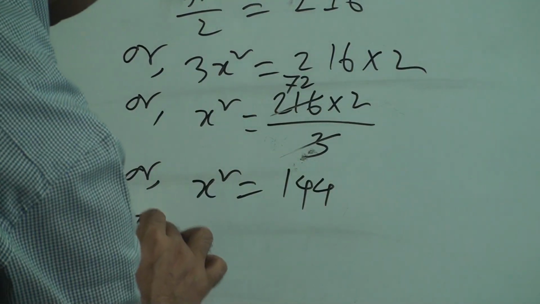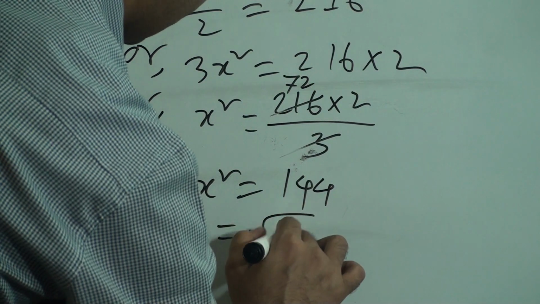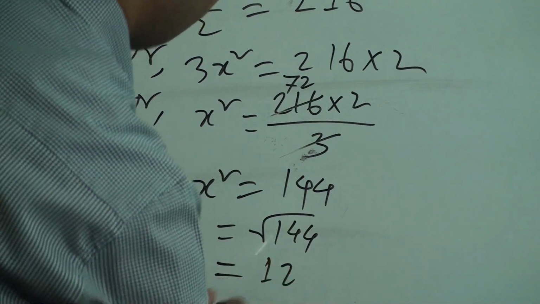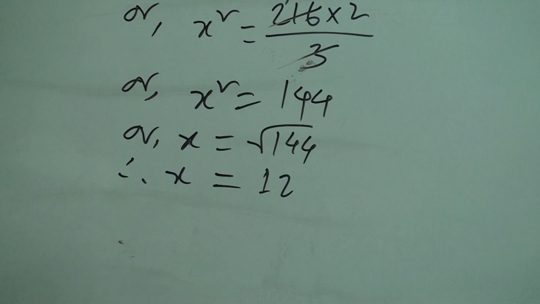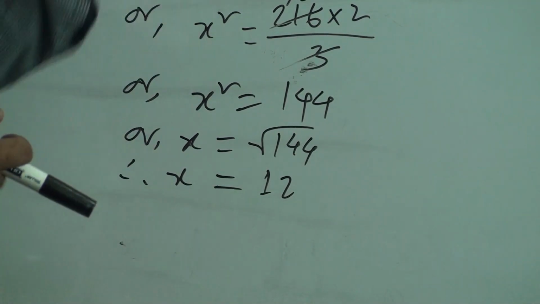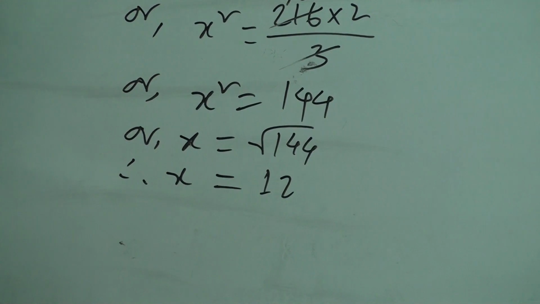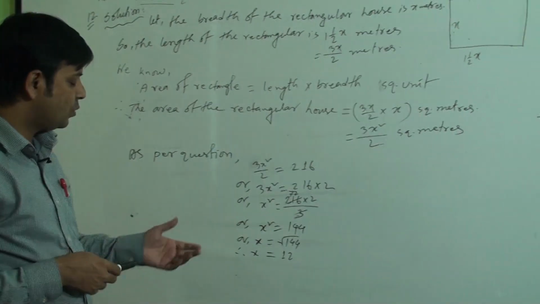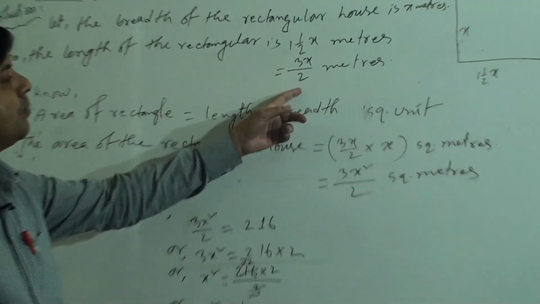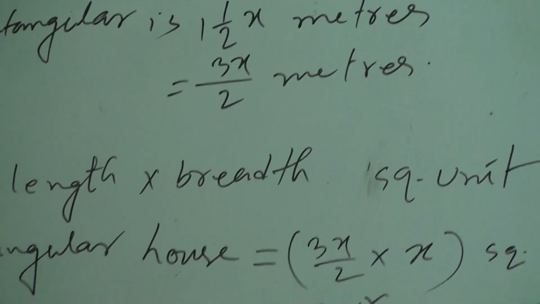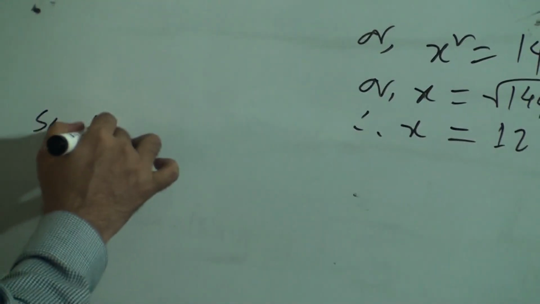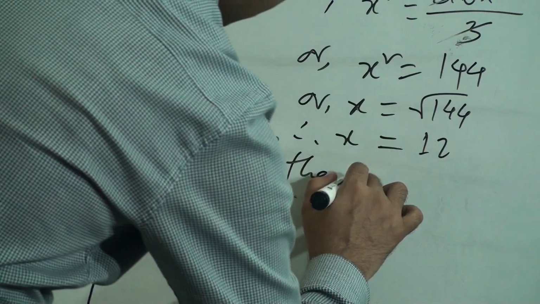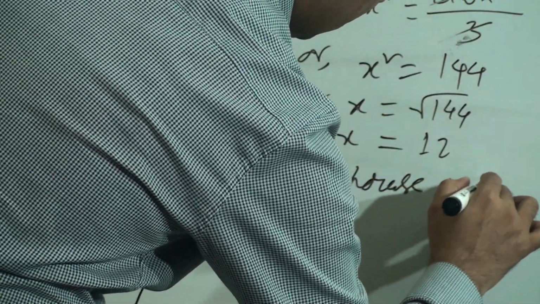Now we have to take the square root on both sides. We will get square root of 144, that is x. Therefore the value of x is 12. As this is 144, square root of 144 is 12, so x is 12. It means the breadth of the rectangular house is 12 meter, and the length of the rectangular house will be 3x by 2. It means we have to put the value of x. So the breadth of the house is 12 meters,